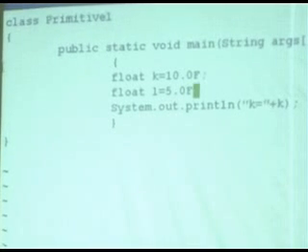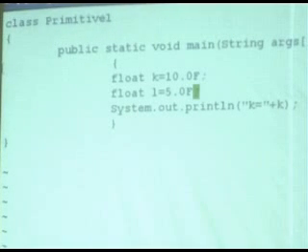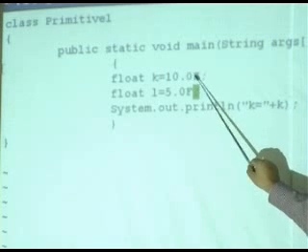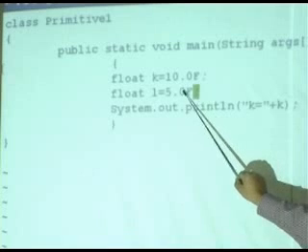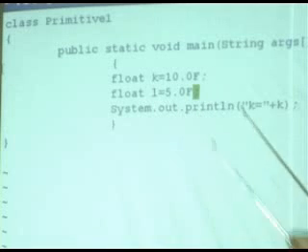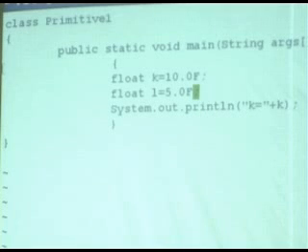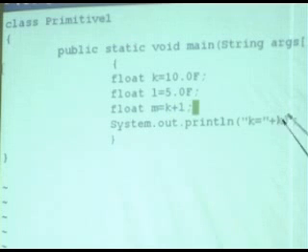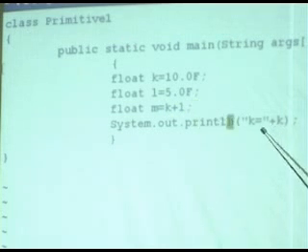Okay, now we have two legitimate floats, and there's nothing wrong with either line, because we have asked it to be converted to float and then we are assigning it, no problem. So now let's say float m is equal to k plus L. And we are going to print m. M is equal to,